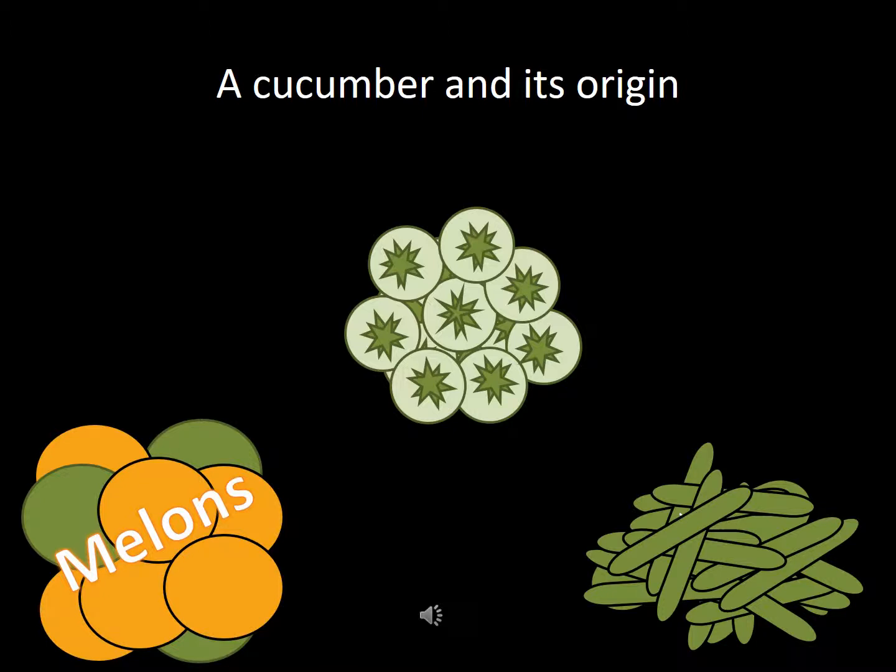The cucumber and its origin. The origin of the cucumber is attributed to Africa, India, Europe, and China. The cucumber is a member of the gourd family. The gourd family can be classified as a family of melons and squash. Developed out of a creeping vine possessing sharp 5-cornered leaves and unbranched tendrils. This creeping vine bears